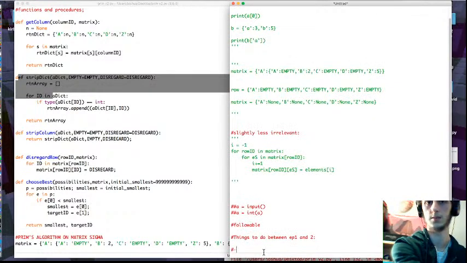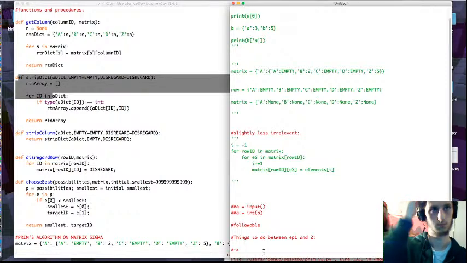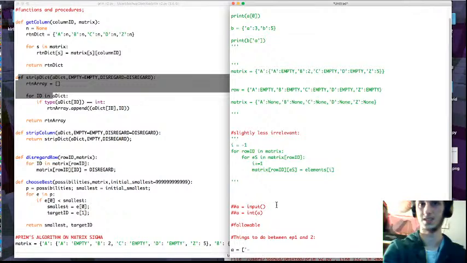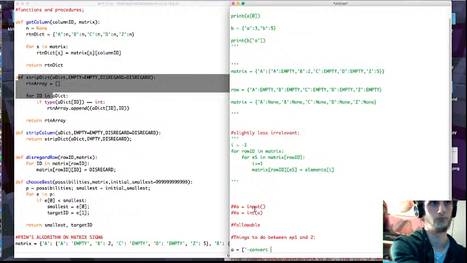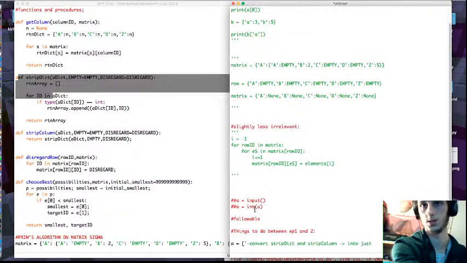Right, so here's the things we need to do. I could do this as an array. We need to convert strip dict and strip column into just